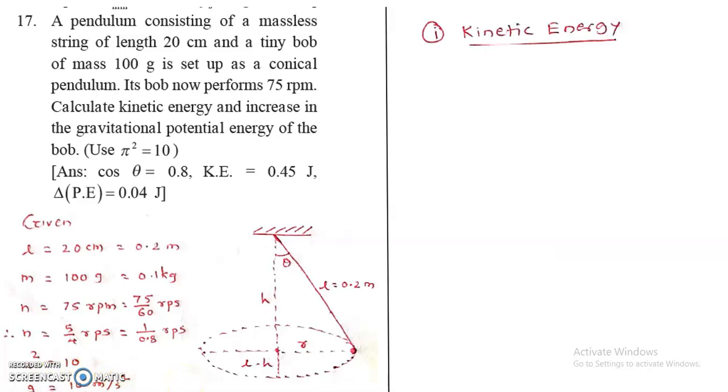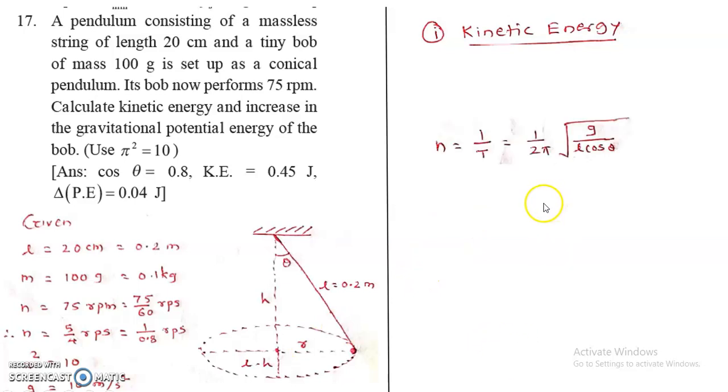Now the first point, we have to find the kinetic energy. Everybody knows the kinetic energy formula is half mv square. Mass of the bob is given, but velocity is not given. You know that in circular motion velocity is under root r g tan theta. So we have to find this radius and theta. Then we can use the formula for velocity, find the velocity and substitute in the formula of kinetic energy.